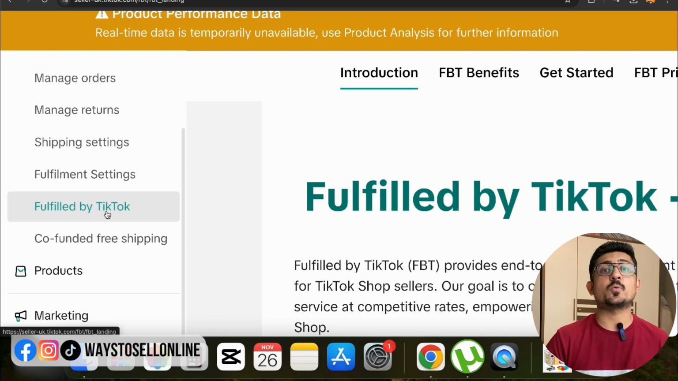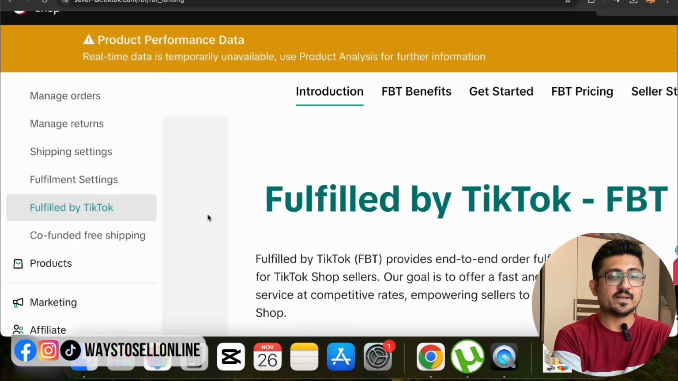So basically this whole process is to automate your business so you can spend less time in shipping and managing inventory, and you can put your whole focus on marketing the product, launching new products, and making more money by scaling your business, right? So now you can see that if I click on Fulfilled by TikTok, I can see this page,